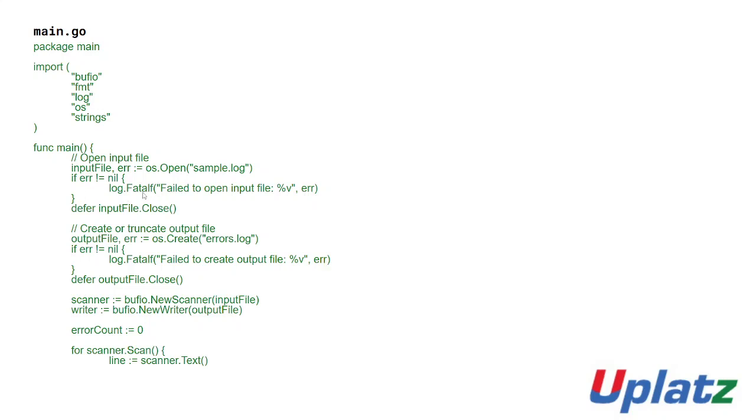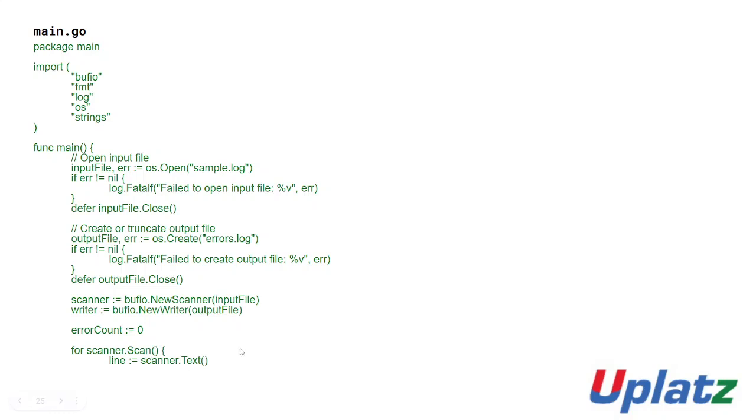Here also Fatalf. I may have told you Printf. It is Fatalf, it behaves like Printf, but it is the fatal one for the error. Defer output file close. Scanner is bufio.NewScanner input file, writer is bufio.NewWriter output file, error count equal to 0. For scanner.Scan, line